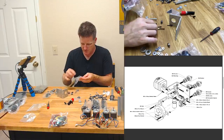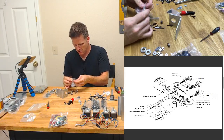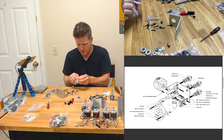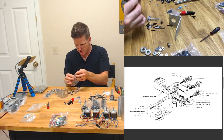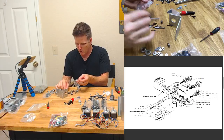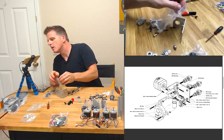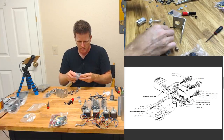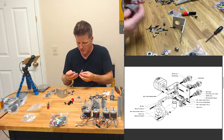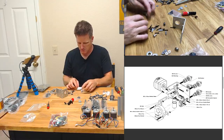Got some standoffs. Okay, so this seems to have its own set of hardware. Digging into all the little compartmentalized baggies. I'm not really sure why that's necessary. I'm probably doing something wrong. Like the truly organized would only open up one compartment of the baggie. Make sure I'm giving you guys the proper view. See, and then we take that and throw that over there. So don't worry. The maid comes tomorrow. By the maid, I mean I'll pick that up tomorrow. So that's our little